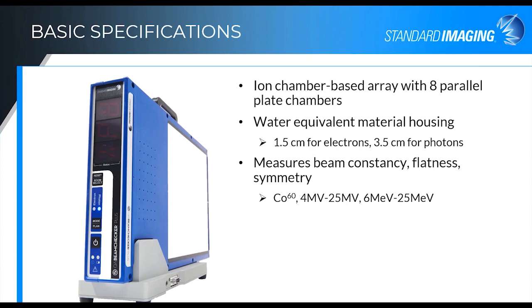The device allows you to measure constancy, flatness, and symmetry on the photons for cobalt energies all the way up to 25 MeV, and on the electron side from 6 MeV up to 25. You can, in addition, track up to 9 individual radiation machines with this device, and we call them rooms, RM1, RM2, all the way up to 9. And you could simply baseline all 9 of those rooms on one device